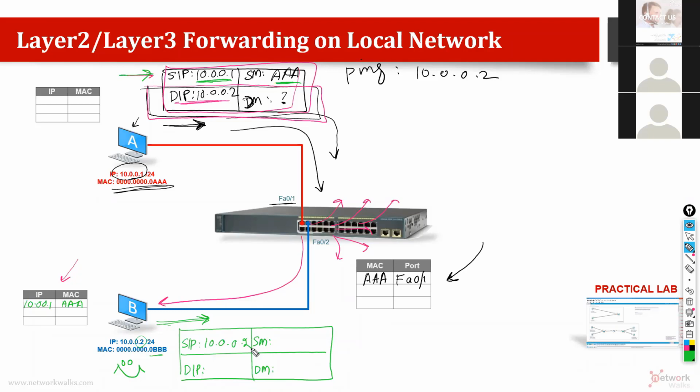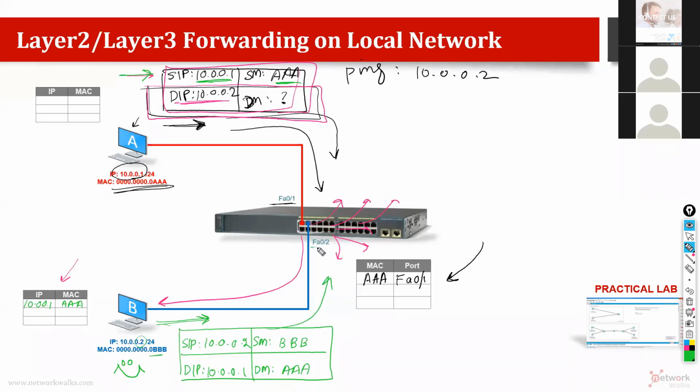Where does it want to reply? To .1, not to the switch. The switch is just an intermediate device, just to relay. The actual destination is 10.0. And even the switch does not have an IP address. Okay, what is the source MAC address? A or B? B. David Kayambi, you are right. So source is B. Destination is AAA. It will construct this packet and this packet will be sent to the switch.